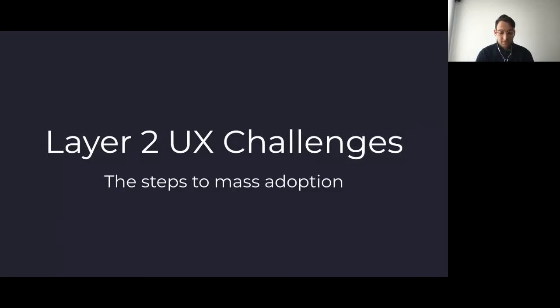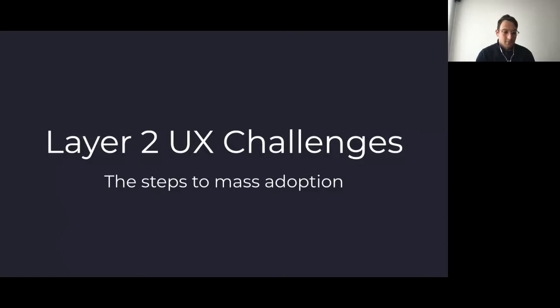DeversiFi is actually one of the first exchanges to launch on layer 2. We made that leap almost a year ago now, in June of 2020. So we've had a lot of time to learn about how users interact with layer 2 and what the pain points are, and of course what the benefits are. But as some of the earliest in the space, we also experienced a lot of the improvements and the quirks of the very early days.